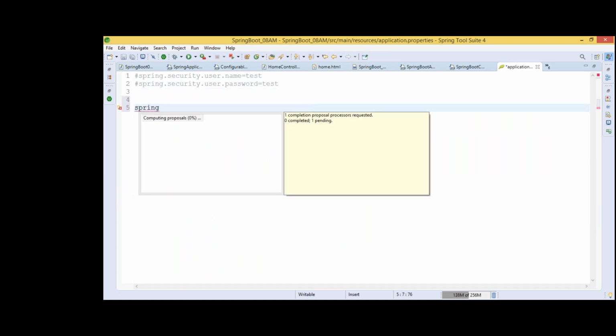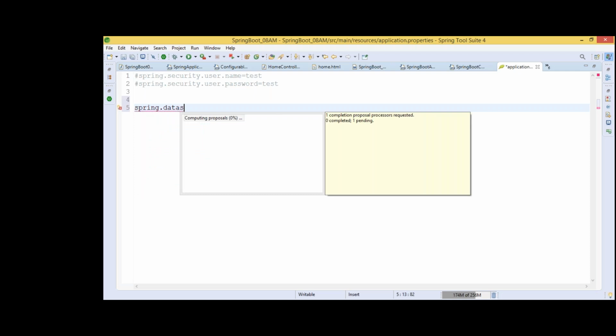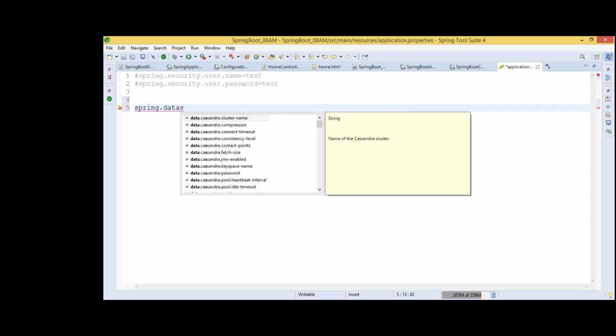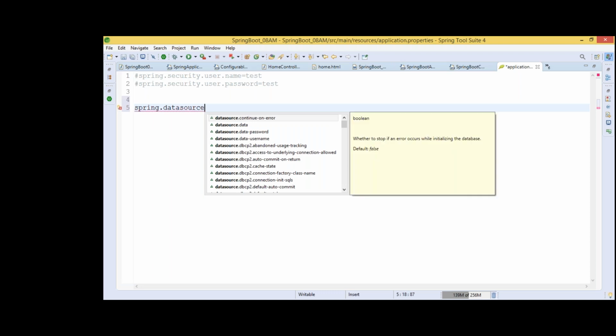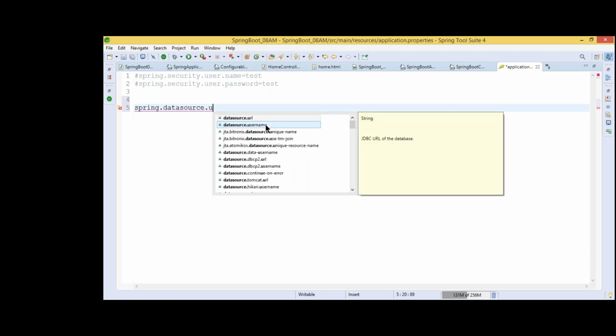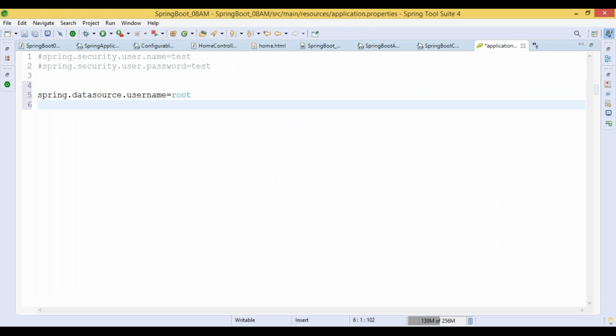Spring dot datasource dot username, and the username we have is root.